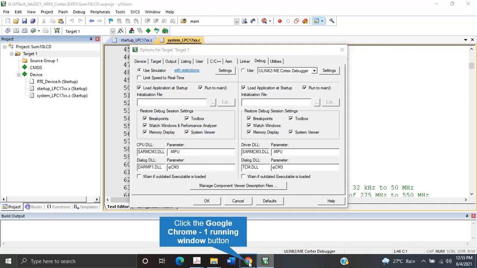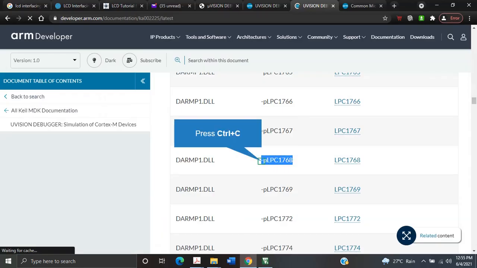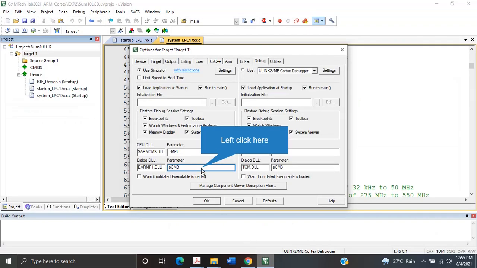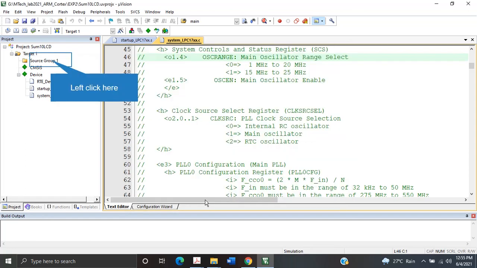Then next is minus p lpc 1768 parameter. Okay, so once I have done this, close.